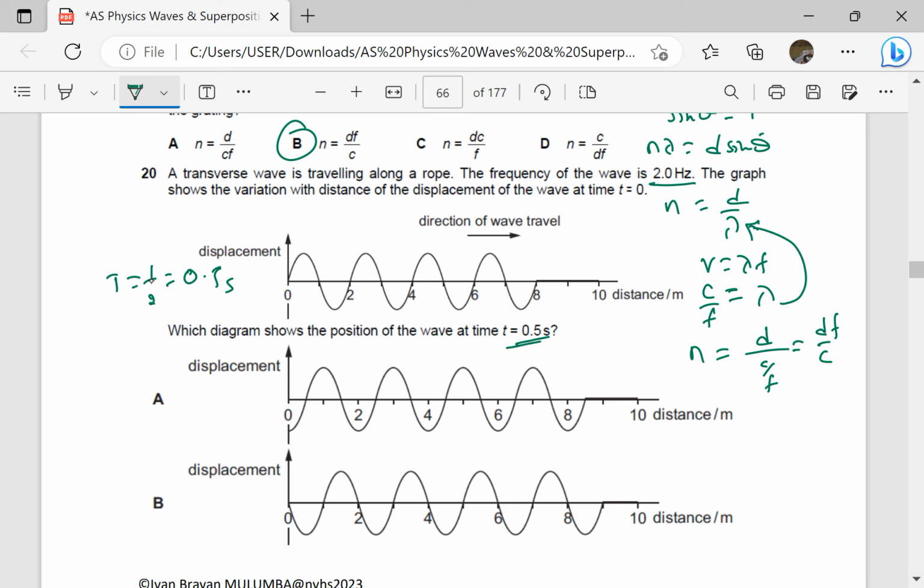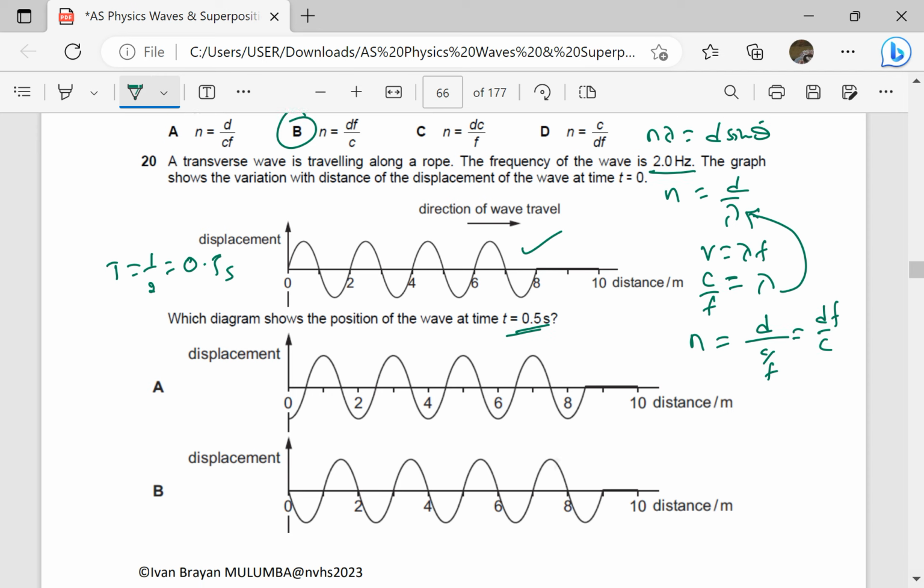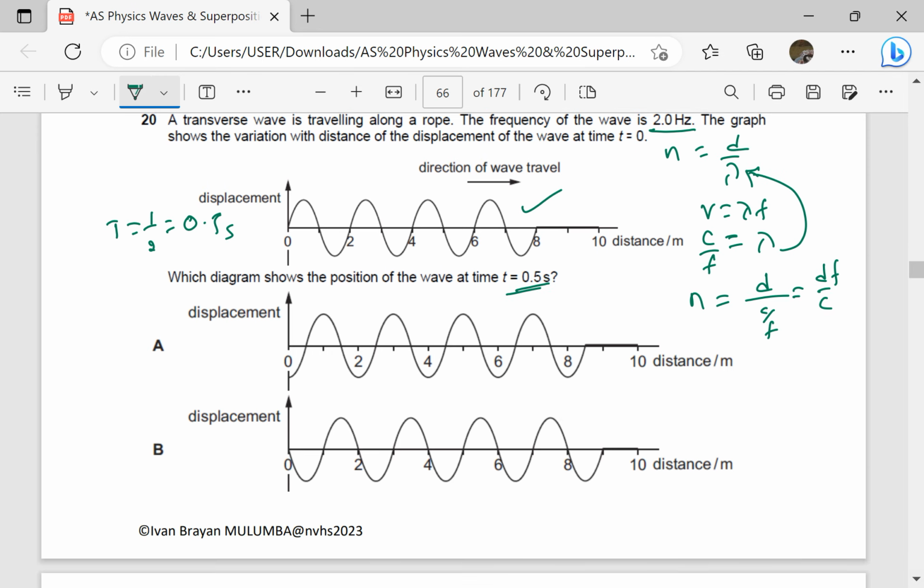After half a cycle, this was at t equals 0. Then after half a cycle, a crest,